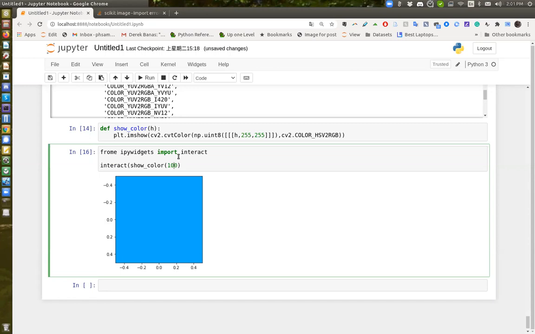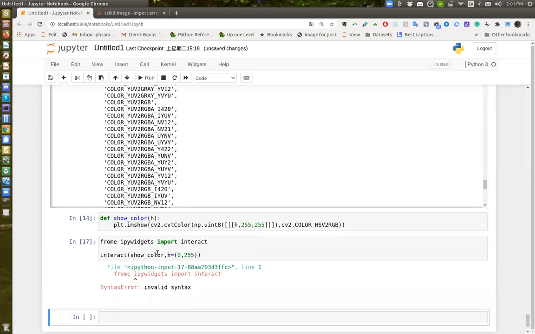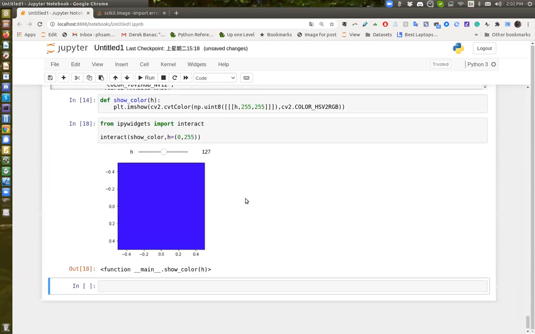This function shows the color, and the values, I say H is from 0 to 255. I have a typo here probably. Now I can play with that, changing it to see how different H values correspond to different colors. So in your homework assignment, I asked you to